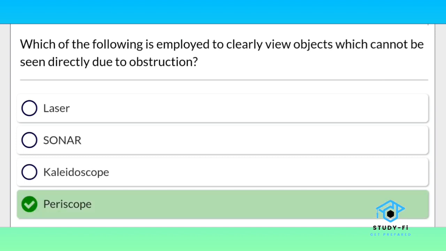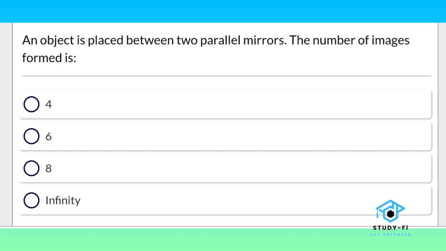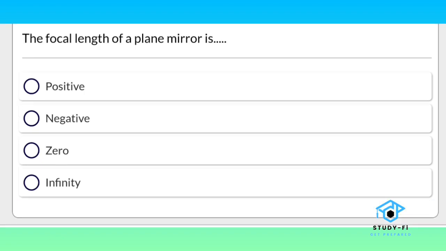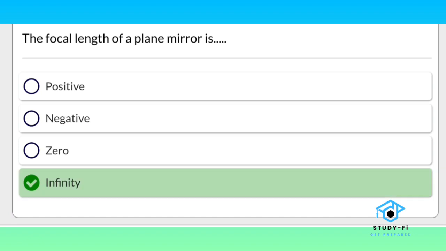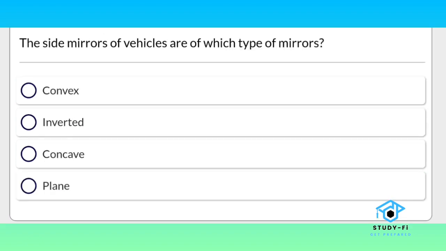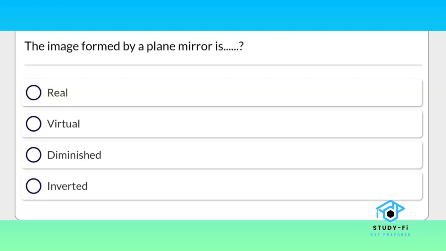Periscope. An object is placed between two parallel mirrors. The number of images formed is infinity. The focal length of a plane mirror is infinity. The side mirrors of vehicles are which of the following types? Convex. The image formed by a plane mirror is